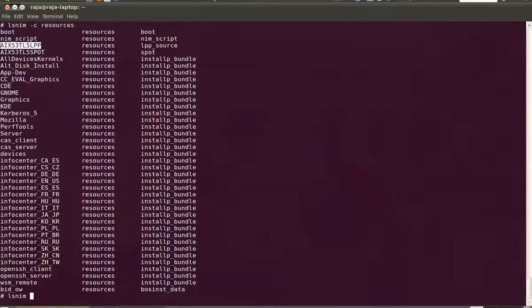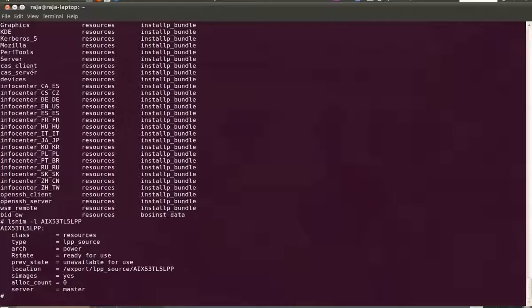And if you want to see more details about this particular object, let's say the particular LPP source, type lsnim -l and the object name. You will see the details like where it is located, what is the class, what's the type, and what is the state of that, it's ready for use.